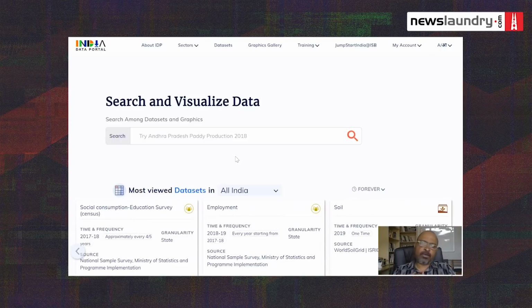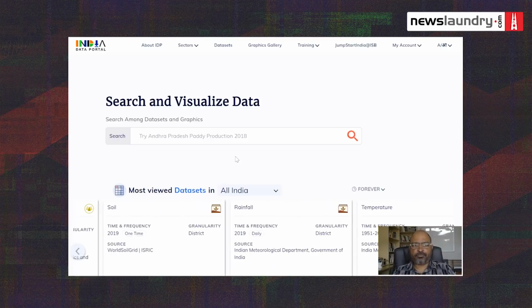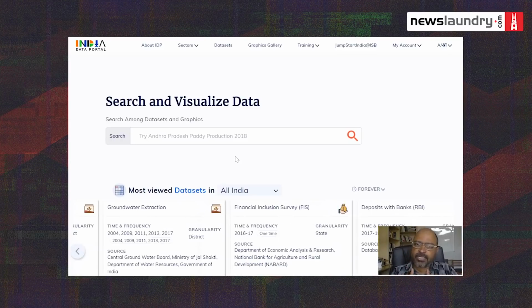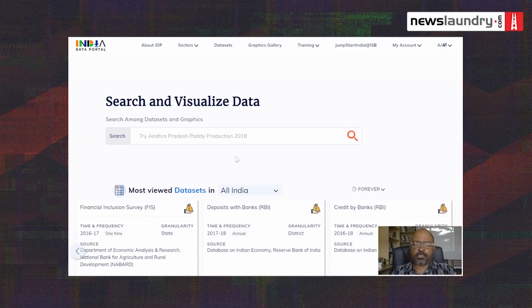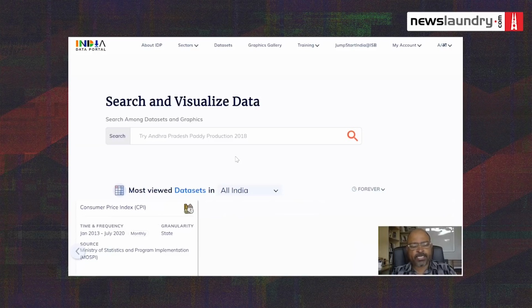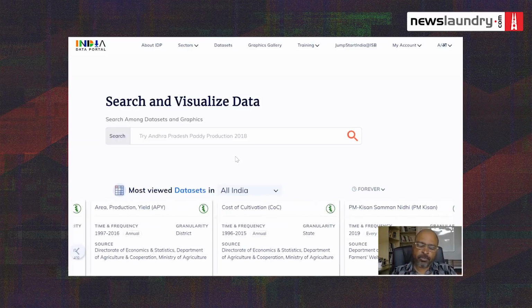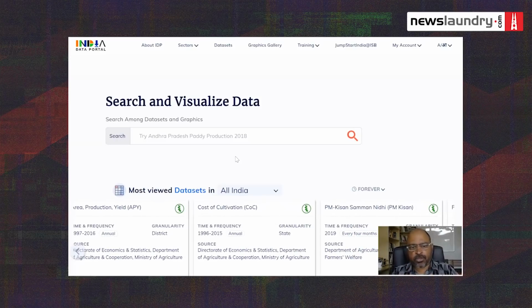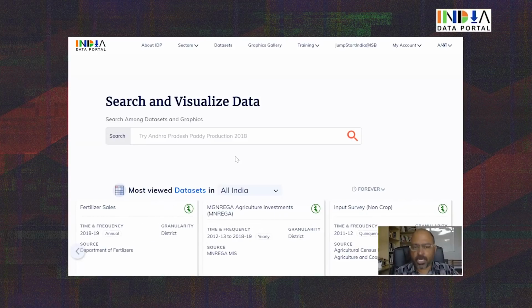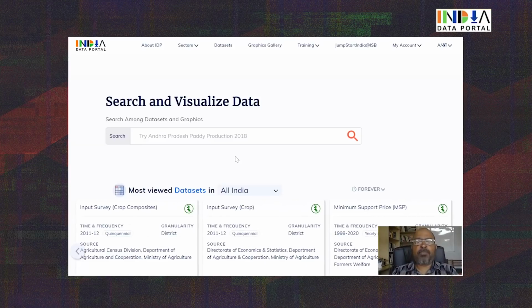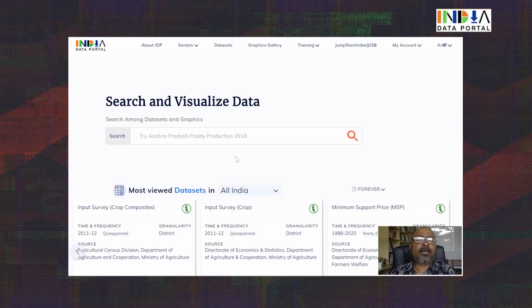But the second aspect that I want to emphasize is the comparison. The India Data Portal allows a user, and the ability is still restricted a little bit. It's not open to all data sets and all indicators in each data set, but there is an expanding scope for comparing variables across data sets. So, for example, we can take data from the census on the total number of scheduled castes at the district level, and then compare it to the number of scheduled caste holdings that are irrigated.